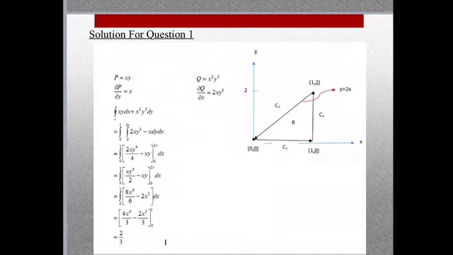Substitute dP over dy and dQ over dx into the formula with the limits that we already found earlier, and then firstly we integrate with respect to y, which gives us xy to the power of 4 over 2 minus xy. Then we substitute the limit values into the equation, which gives us